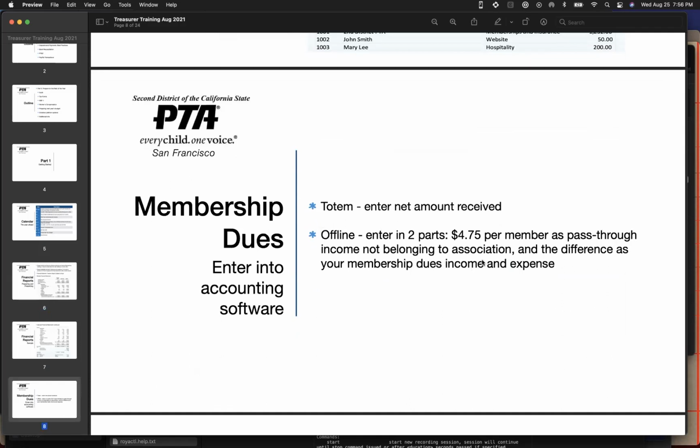Really quickly, membership dues. There's a lot of ways to collect memberships. Totem is a really simple way. It's an online utility that over half of our school units are using. It manages payments, and so people can go online and make payments or annually resubscribe to your school's PTA, add their spouses and their children. So it's a very simple, easy to use